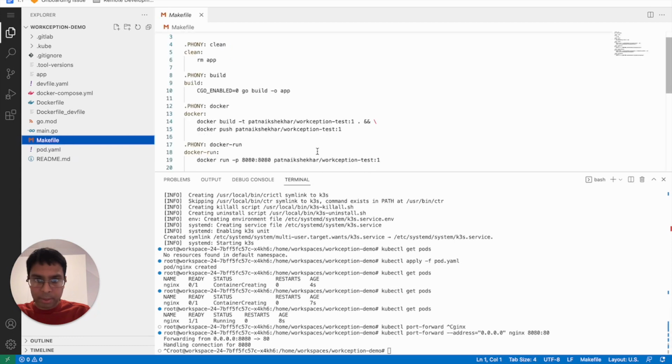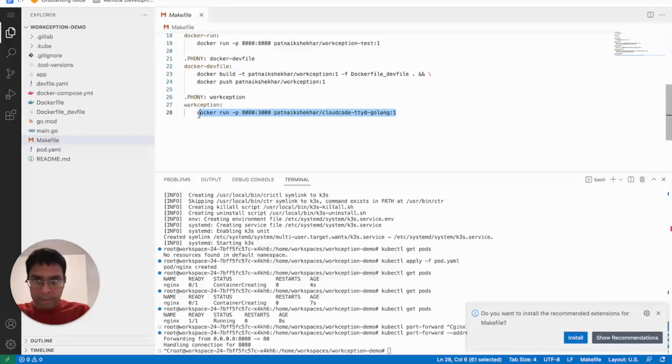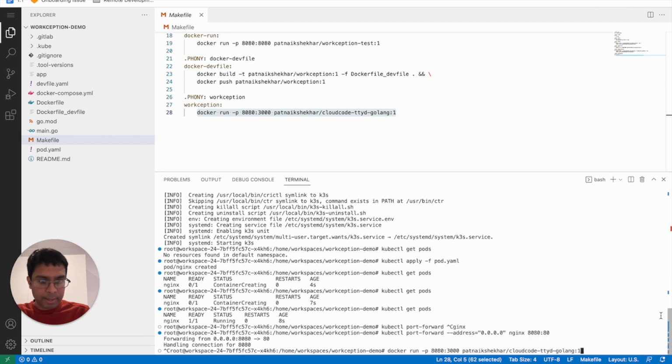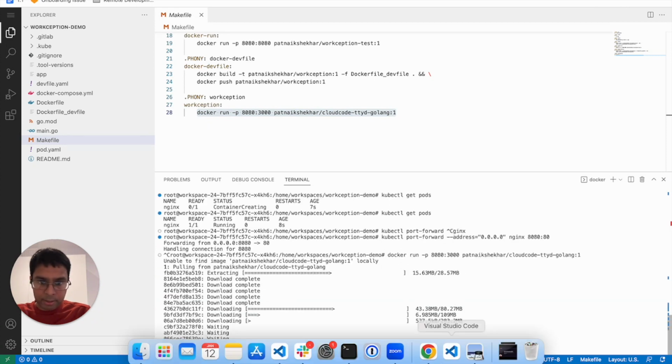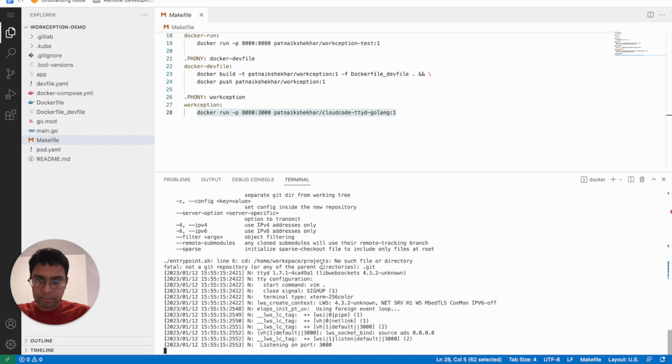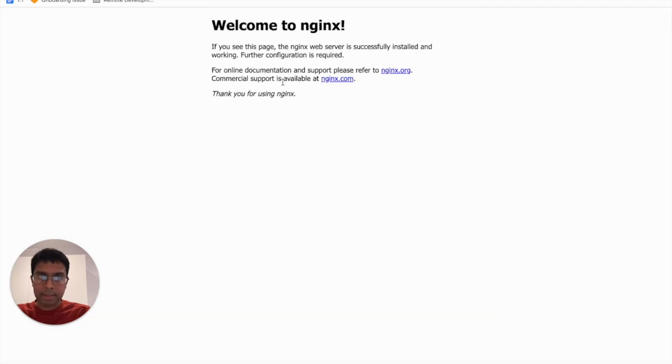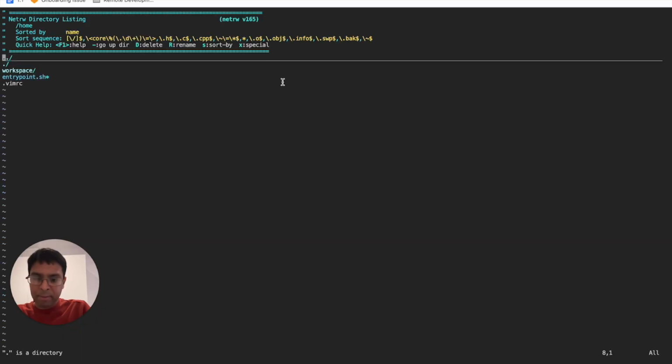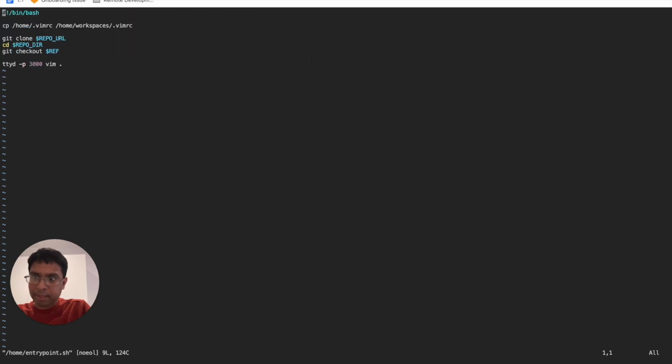I'm going to go ahead and run this Vim container that I have. That should download an image with TTYD and Vim. And there you go, it's running now. I can go ahead and refresh this. Now you can see I have VI running in my repository. Basically I have VI running in my workspace, which is a VS Code container running in